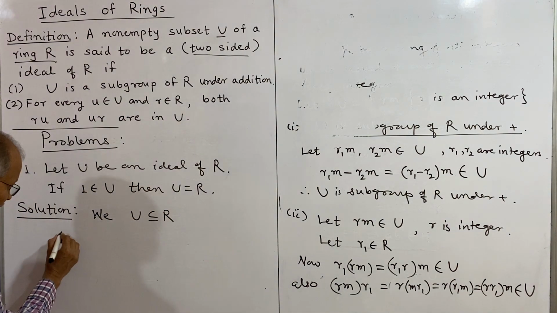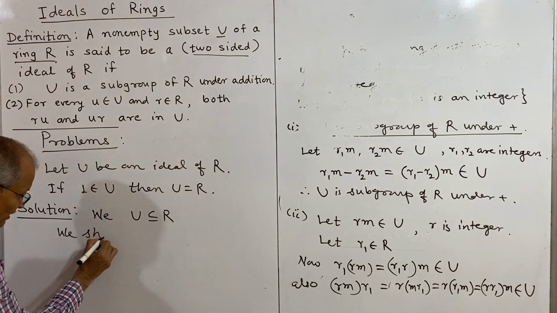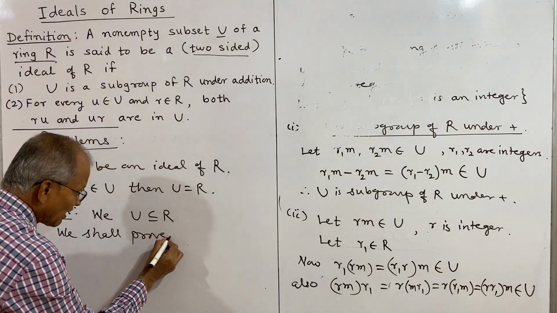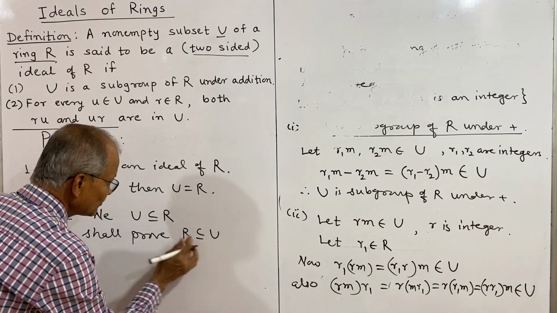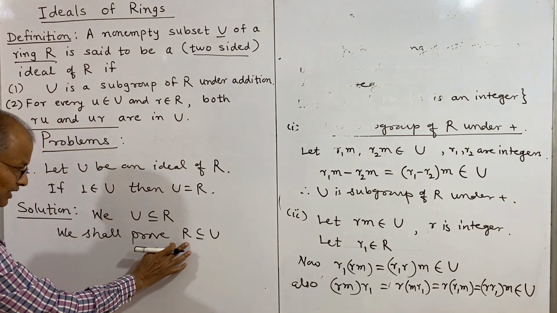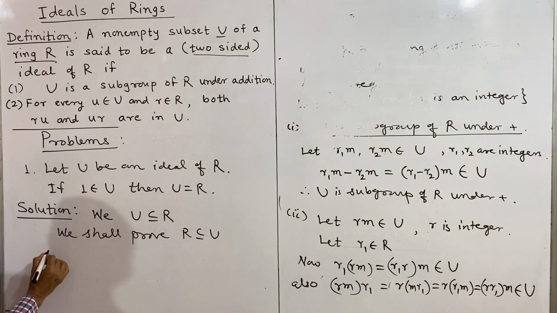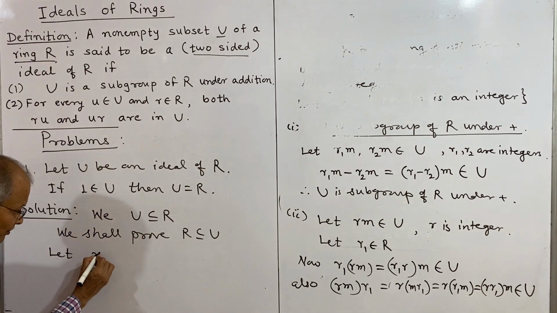So we shall prove R is a subset of U, and for that purpose we shall take any element in R. Let r belong to R,